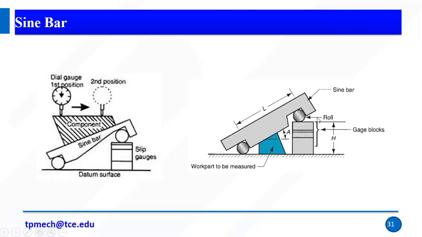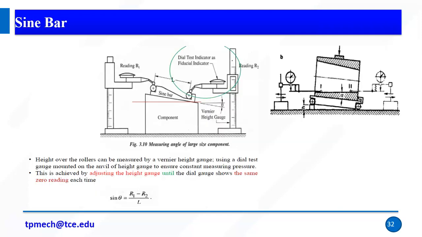So again, there is no simple procedure, there is no common procedure to measure angles. You can use the sine bar and do it in different ways, but the only thing is you need to check the precision. Alright, again I said clearly, if my object length is more compared to the sine bar length, very simple: we have a component and the sine bar is positioned in an inverted way on top of the component, and we have vernier height gauges, and on top of the anvil of the height gauges we have a dial indicator, dial gauges.